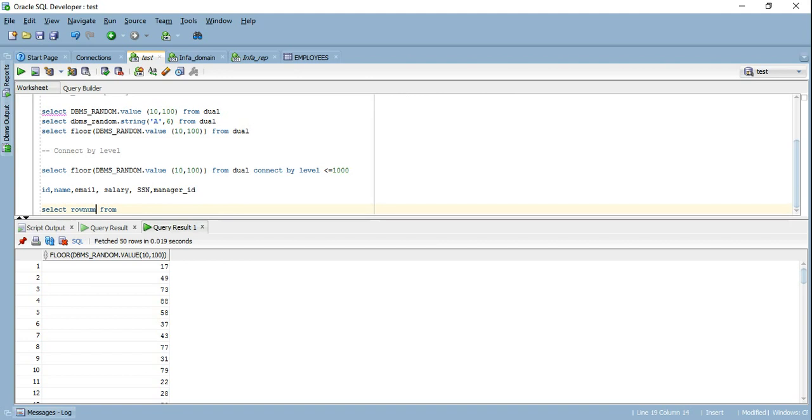Obviously I'll have to write the syntax. So I'm going to select the row number as ID. Now I'm going to use this dbms_random.string function to my advantage. It's going to generate me a name of 6 characters as name. Then my third column is email.